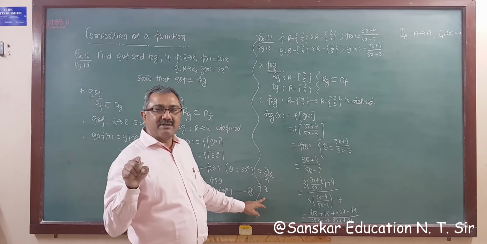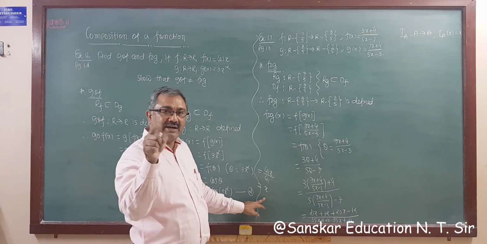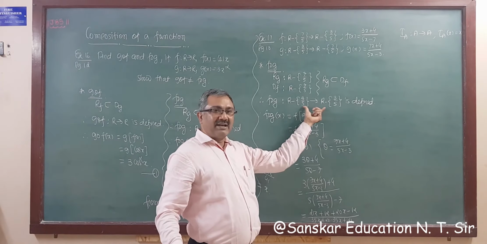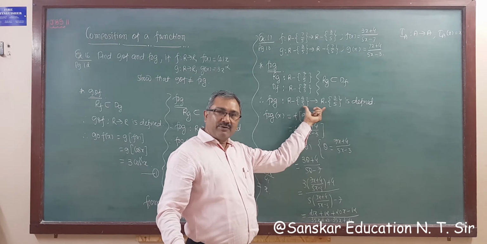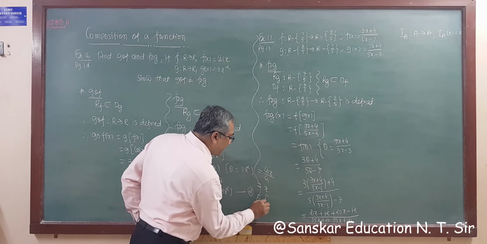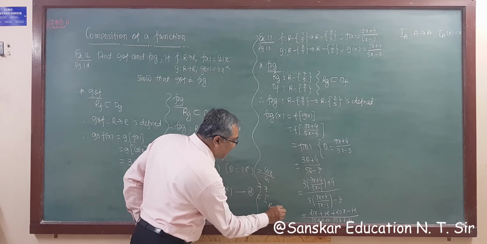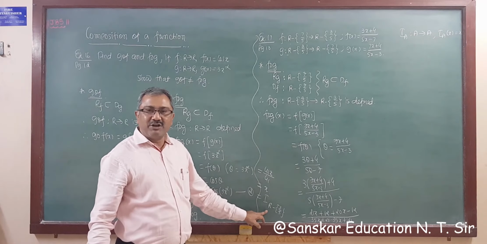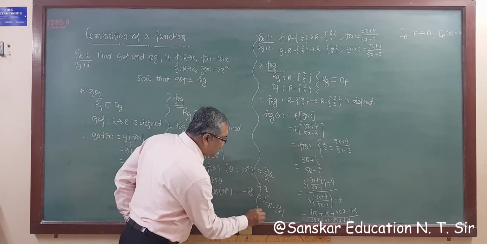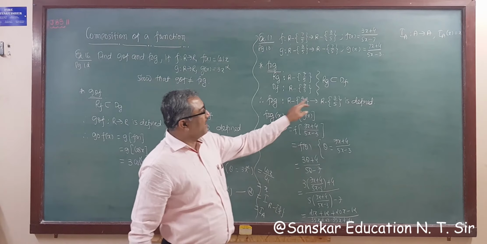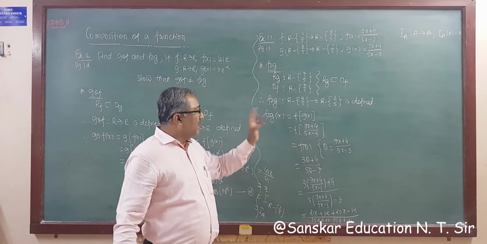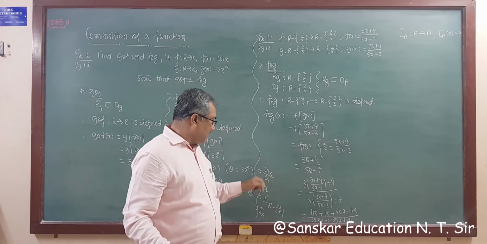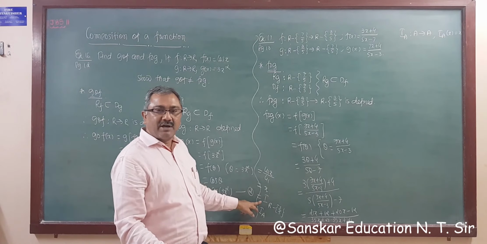So is this the identity function? You have to check from where to where the function is defined. Mapping of the function is important. So it's defined from R minus 3 by 5 to R minus 3 by 5. That is, this is an identity function I of R minus 3 by 5. In your textbook, R minus 3 by 5 is called A. So this is an identity function from A to A. If the domain and codomain are different, then you can't say this is an identity function. However, we will get x.